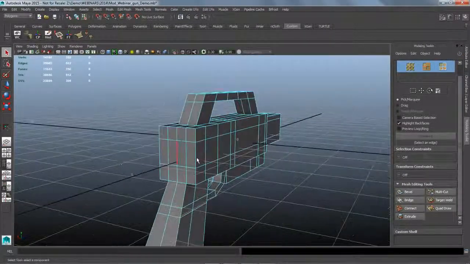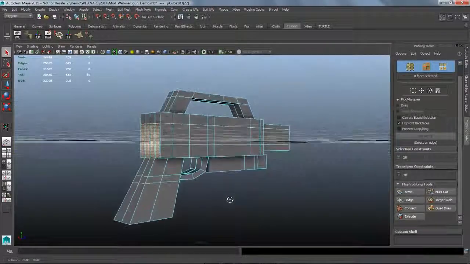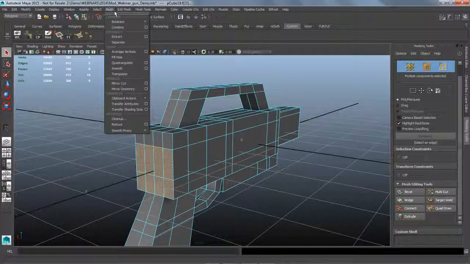Now, what I wanted to show with this, if I just quickly grab that, whoops, I want to quickly grab this guy and, whoops, let's grab this guy. I want to use something that's been in Maya for a while that's actually a really interesting and effective tool. I'm going to grab these edges on the top here, and then if we look underneath our mesh